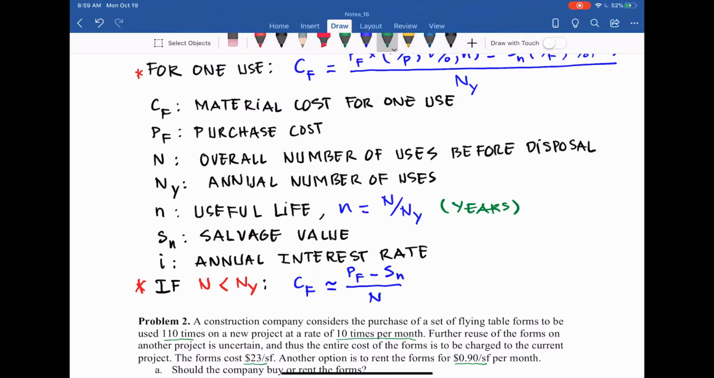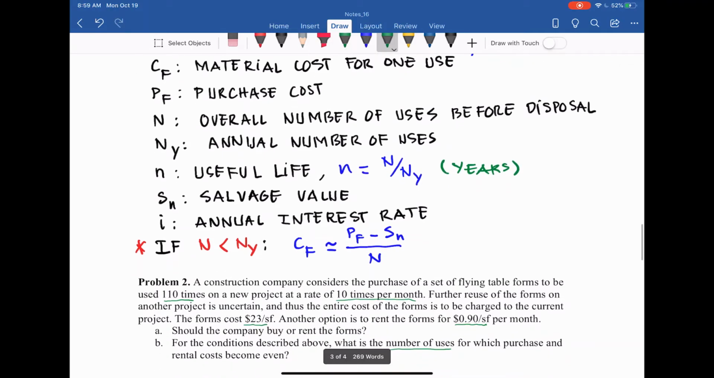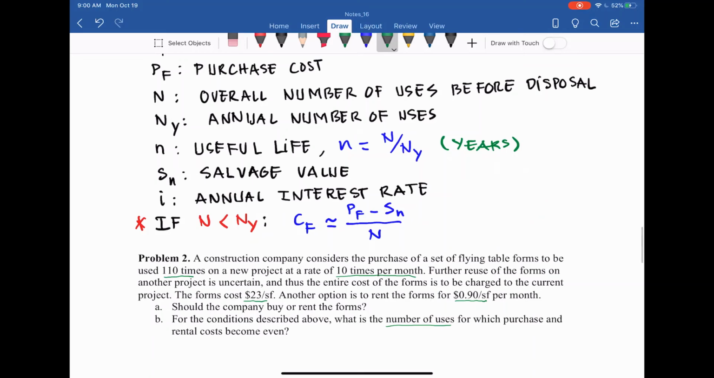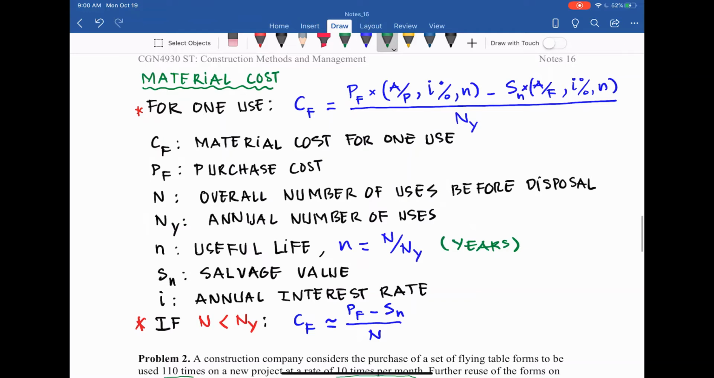Annual. So as you can see, you can buy the form and use it multiple times. NY is for 1 year, and N is for the overall number of uses before disposal, so it can be several years. That is its useful life, and with that we can get the ratio of N over NY. And then the service value is Sn. You know that in engineering economics or project planning, there is an annual interest rate I, and yes, we need to use our knowledge from part 2 of your project planning class for